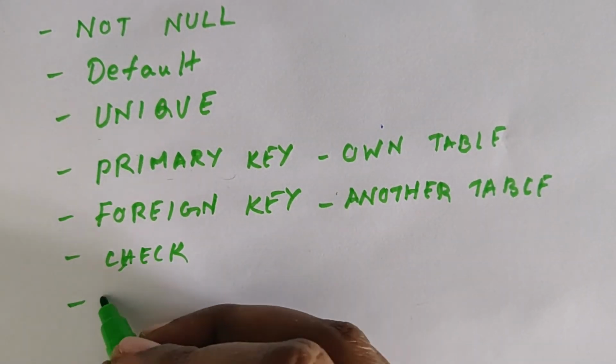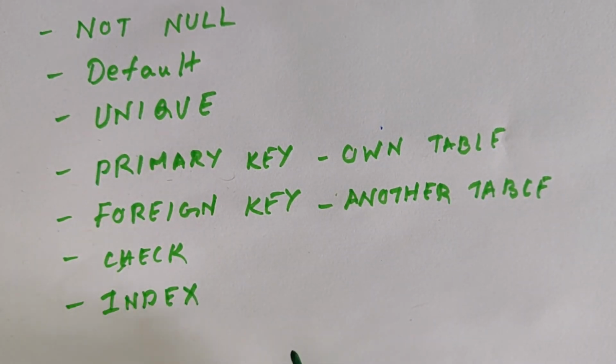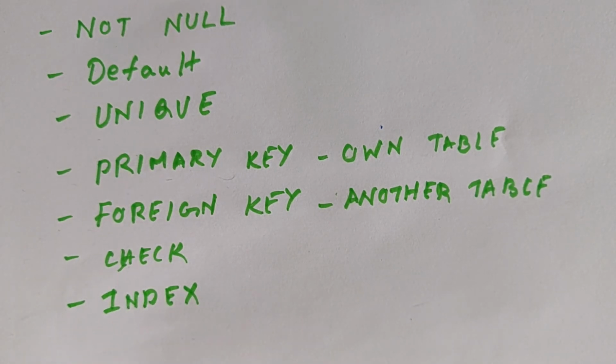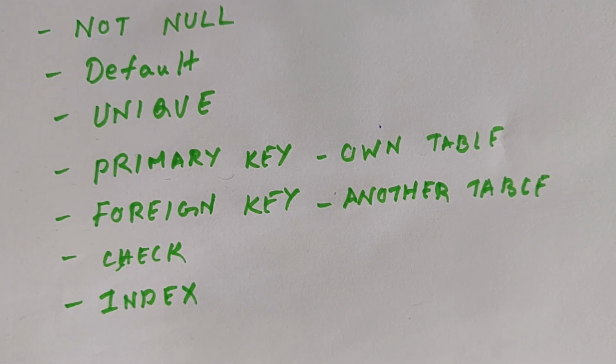Okay, and indexing. The index constraint is used to create and retrieve data from the database very quickly. Say you have a large database or large table with a huge amount of data, but on a given day you want to easily get some relevant data and view it specifically. If you use this index constraint and set those rules, you will be able to retrieve the data very quickly.